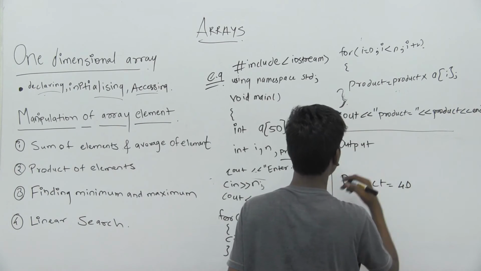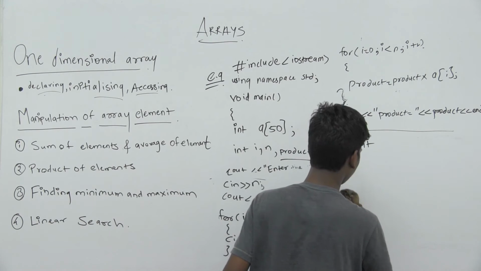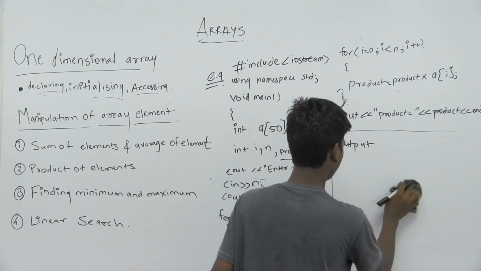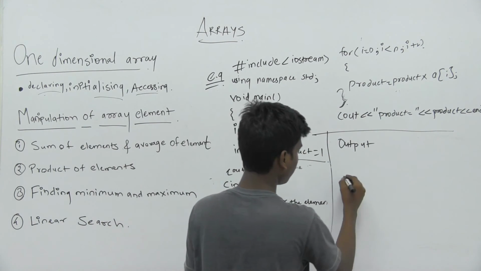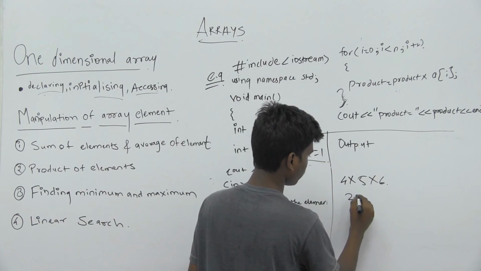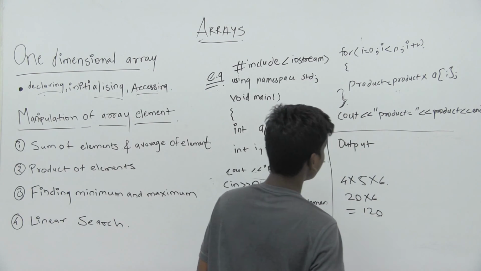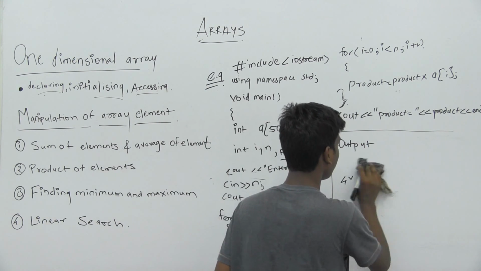40, जैसे हमने कैलकुलेट किया था, 4 into 20, 4 into 5 into 6, सॉरी वो कैलकुलेशन गलत हो गया शायद, 4 into 5 into 6, यानी कि 4 into 5 is 20, 20 into 6 that is 120. सो ऐसे कैलकुलेट होता है, मैंने गलत किया।